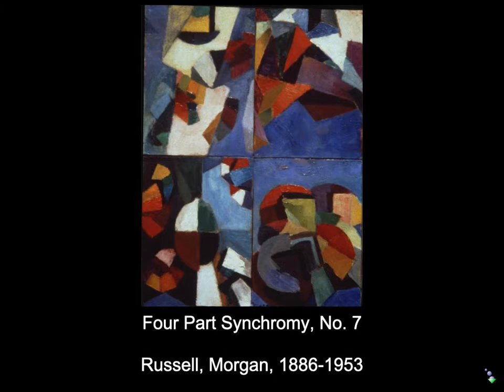And he trusts that. But he does like this music thing because I think that helps give a kind of logic. So here I think one of the really nice Morgan Russell paintings, Four-Part Synchromy Number 7. And of course that's playing directly off of music where you often would have a four-part symphony number whatever. Or it might be a symphony in the key of G. And in fact, Russell here is working in a color key.